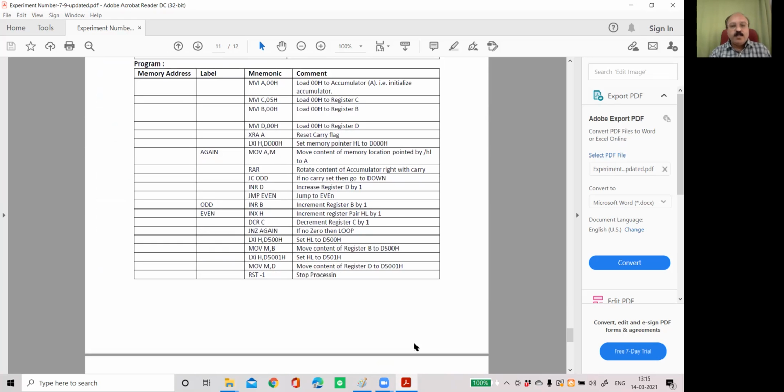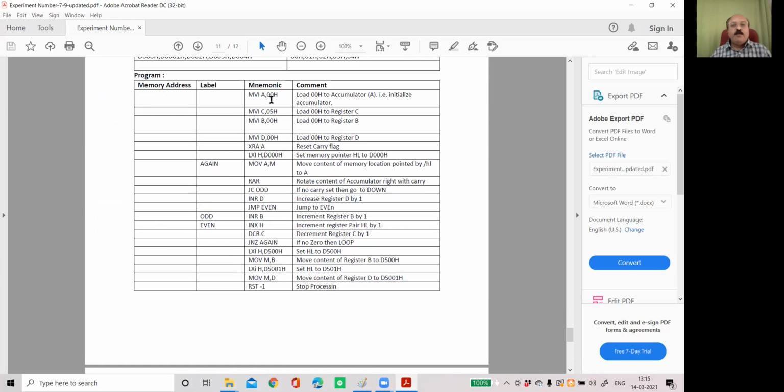Let's see the program. MVI A, 00H. So A is initialized by 00, C is initialized by 05, B is initialized by 00, and D is also initialized by 00. XRA A resets the carry flag. Whatever the carry flag was set or reset previously, we will not take a chance, we will reset it. Then LXI H, D000H, the memory pointer HL will be pointed at D000H.